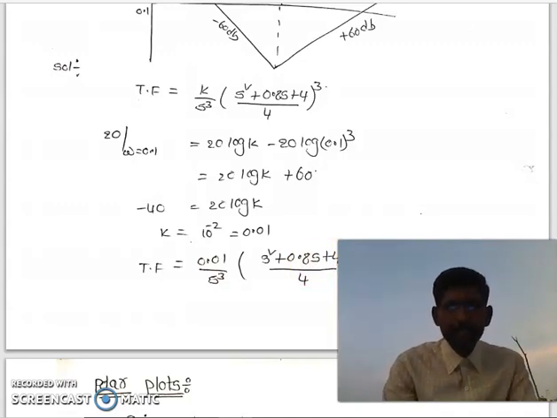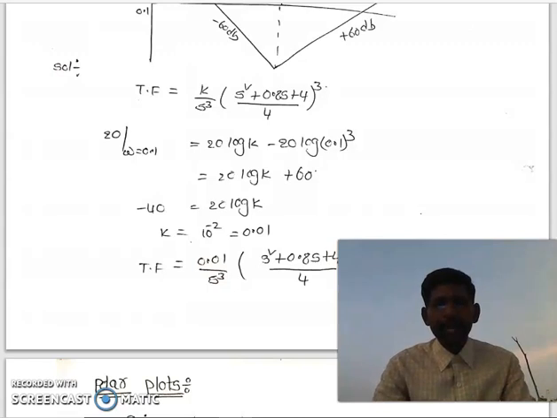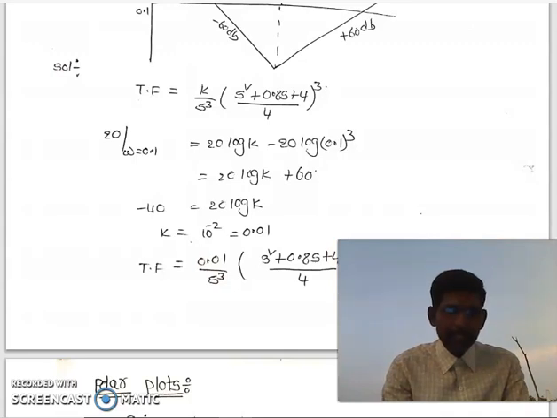This is about the Bode plots. If you are having any doubt regarding Bode plots, please let me know. We will clarify the doubts, or practice well. By seeing the Bode plot, we must be able to write the transfer function, without keeping pen and paper, directly we can say this is the transfer function. If you practice well, you can do it. So practice more and more and try to submit the problems as an assignment.